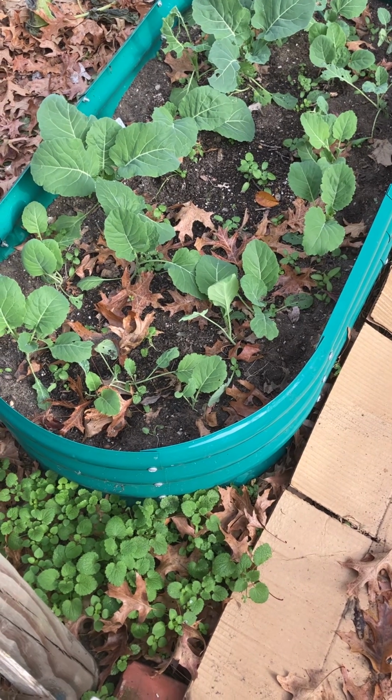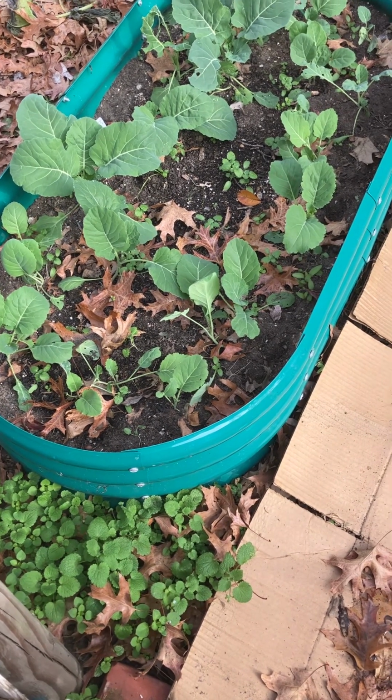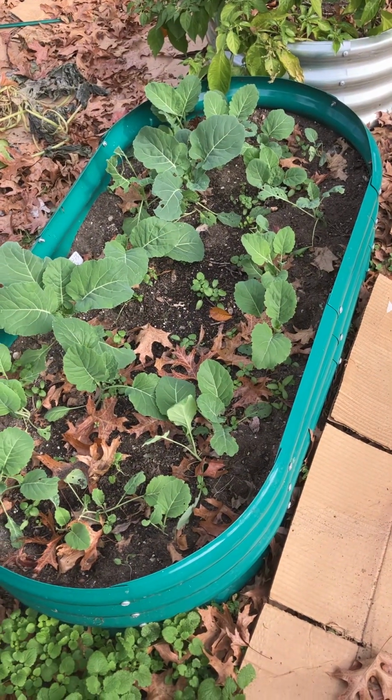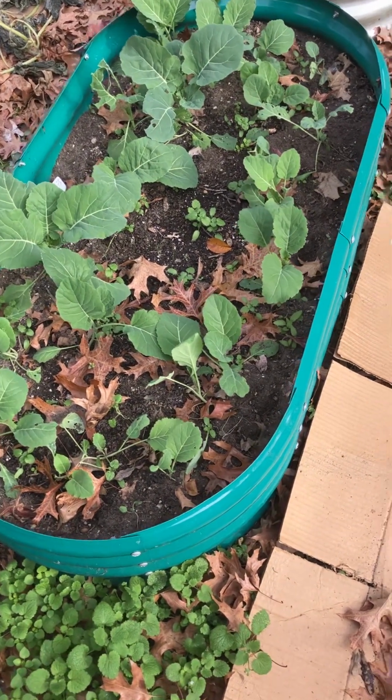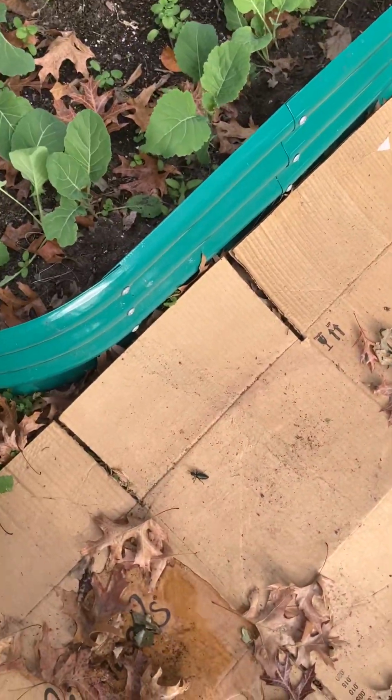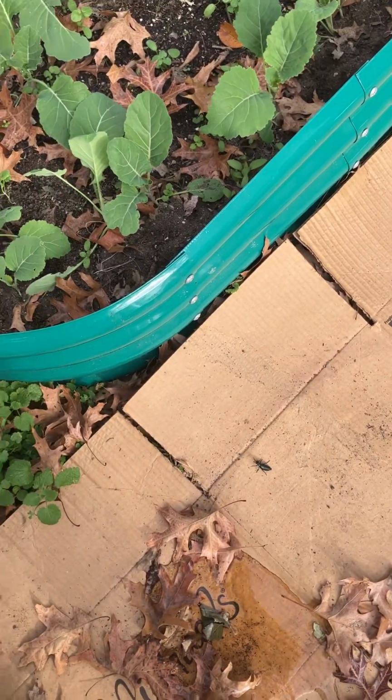Just a quick look in the garden. This here is my bed with collards, and I've interplanted garlic. I haven't seen it lately. Well, I haven't seen it pop up yet, but